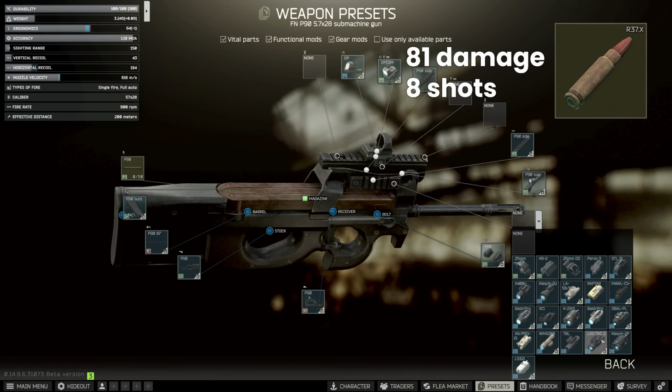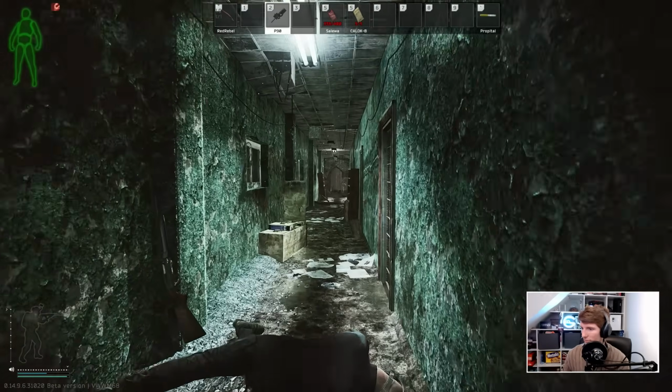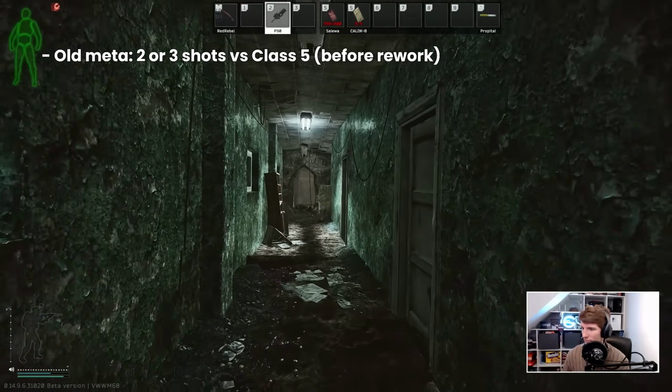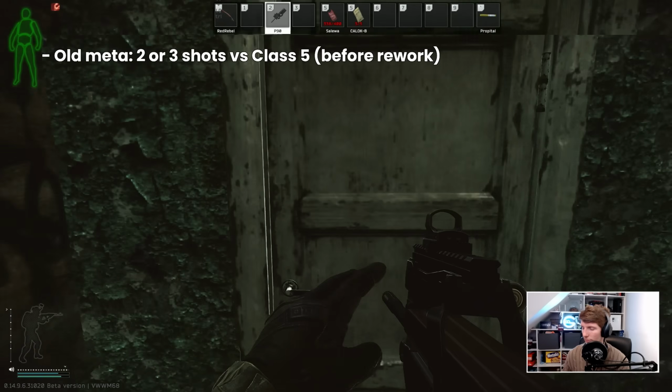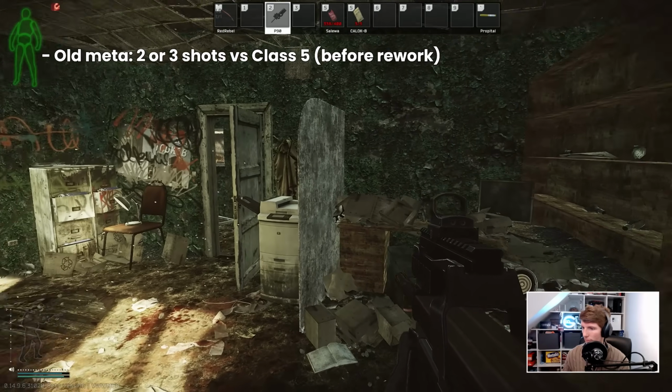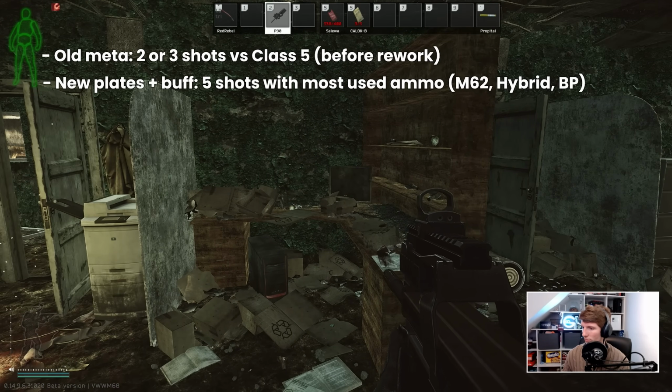I have previously used the P90 to showcase why leg meta was tough to win with in the past, because before the armor system changes, your opponent typically only needed 2 or 3 shots to the thorax with 7.62 BP or M62 ammo to kill you when you were wearing class 5, which is all that anyone really wore last year. Since then though, with the armor plate system and the massive buff it got recently, along with the availability